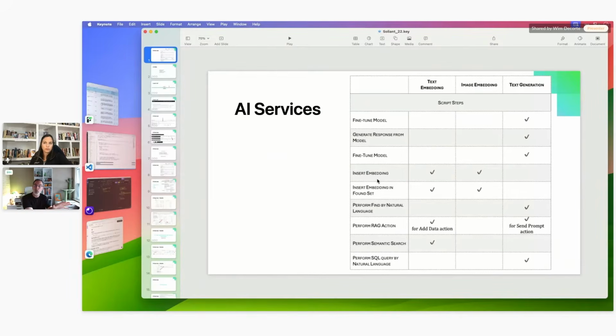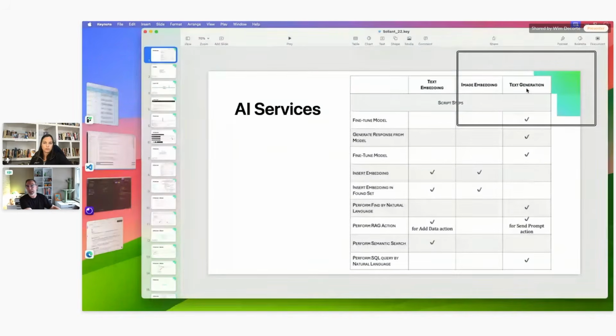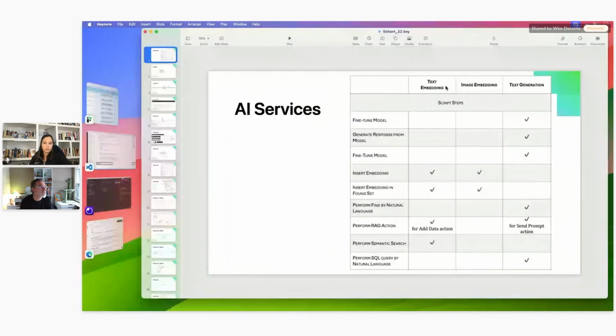What's new in FileMaker 22 is that we have all of the script steps that fall in this category, where you can use a text generation model instead of just the embedding models that we've already had in previous versions, right? So this is something that I've shown in my Community Live webinar with Claris.